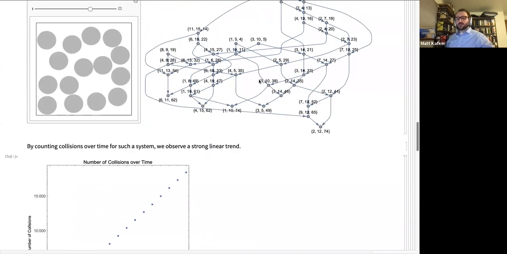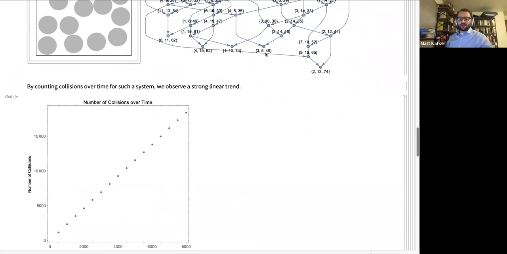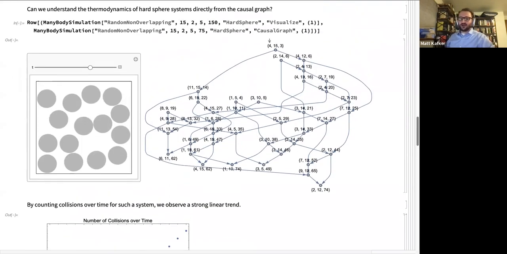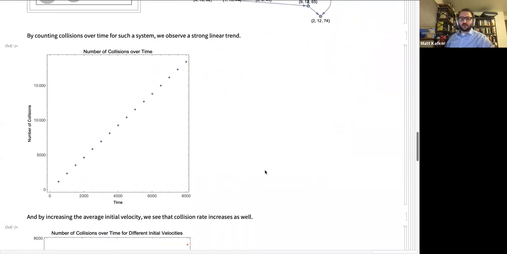So we can count collisions over time because each collision is a node here, right? And the third data point labeling these nodes is the time at which the collision occurred. So we have the number of collisions which occur over time. And if we run a big simulation, we can plot this, and we get a really nice relationship. So the number of nodes being added to the causal graph as time goes on, and you should roughly think about this as time flowing down the page here. It's accumulating in some linear way. Maybe the slope will have the information that we need.